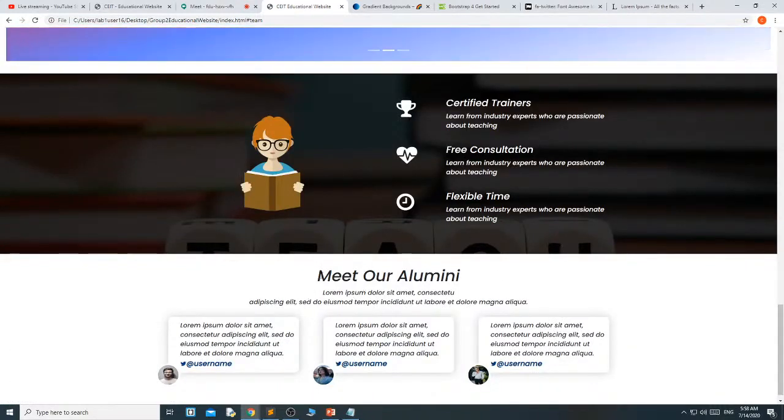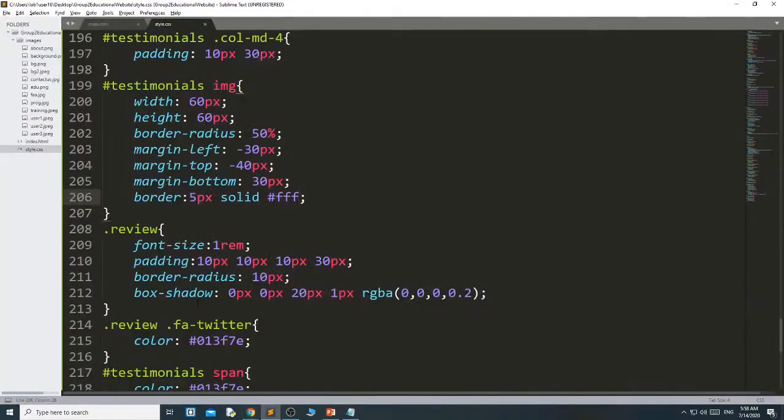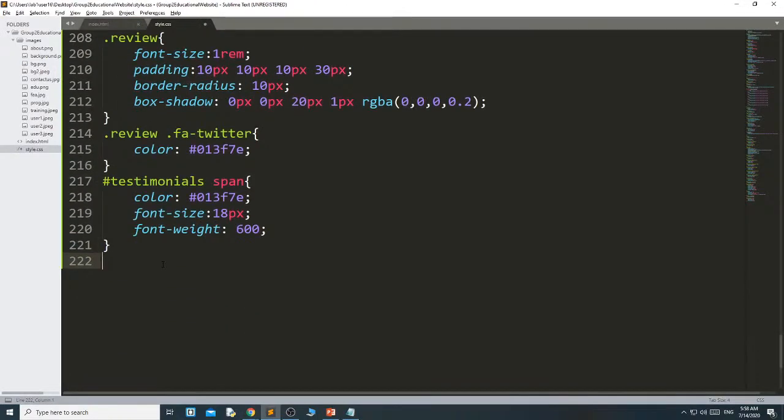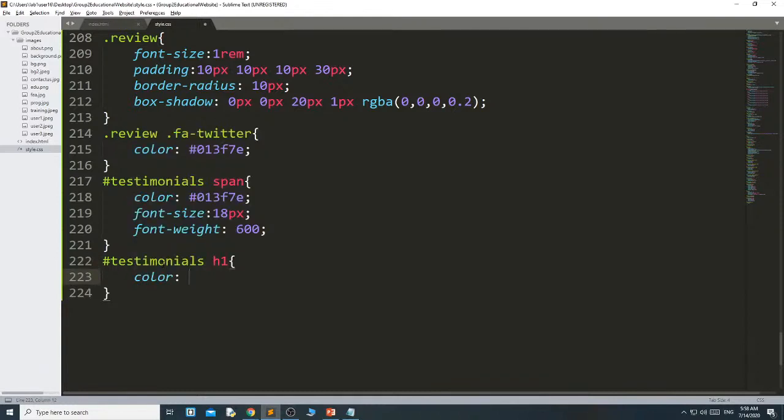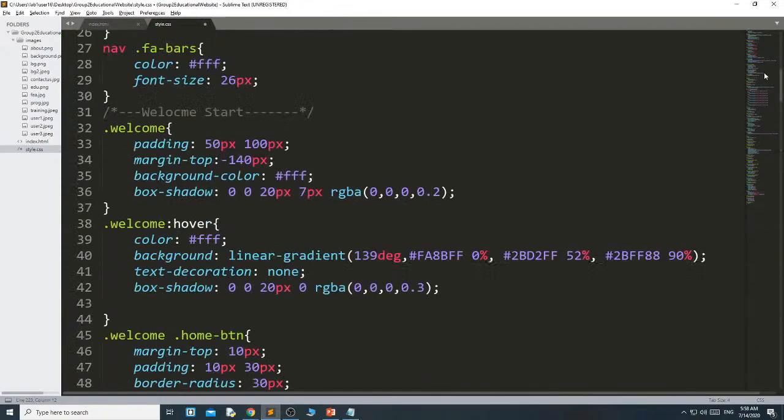Now the last thing, I want to change the style of this one and the style of this one. Then, testimonials, your H1. See, in my website I have used H1 multiple times, and if you want all the H1 headings to have one particular style, then you can mention that style at the beginning of the CSS.